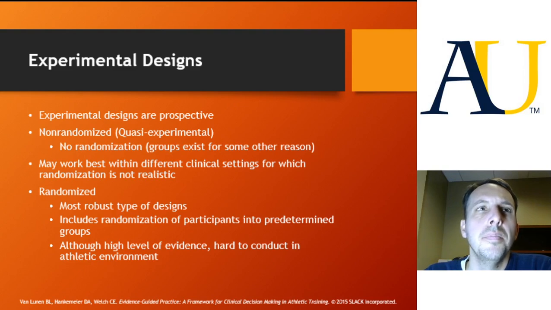So with that non-randomized design, you might have a situation where different clinics are doing different procedures, and so you're comparing one clinic to the other clinic. And obviously that has the advantage of knowing that we are doing this study, and so we can have each clinic collect similar outcomes in a similar model. We can also standardize the intervention, which makes it quasi-experimental, because the intervention is more standardized than it would be in a possible cohort